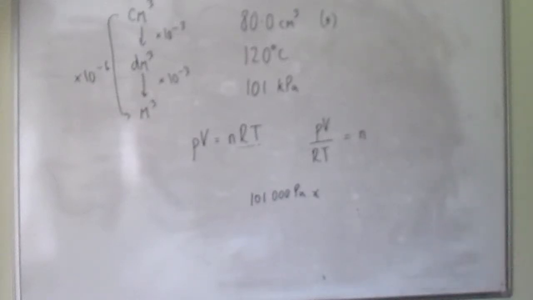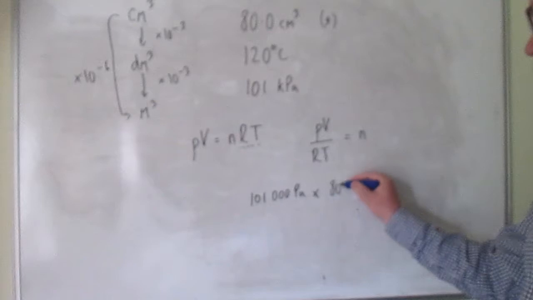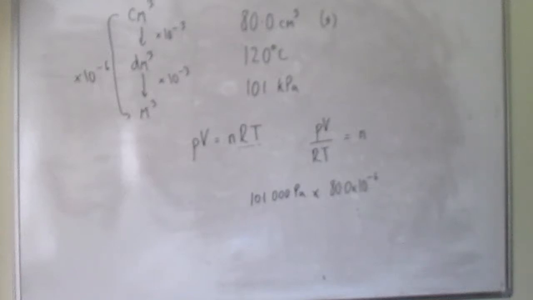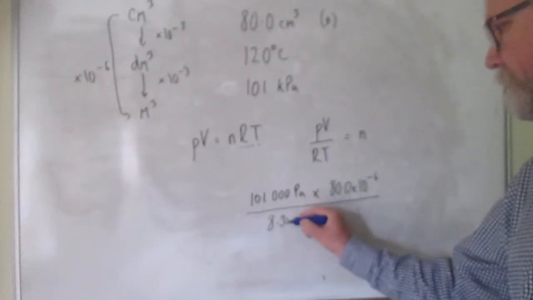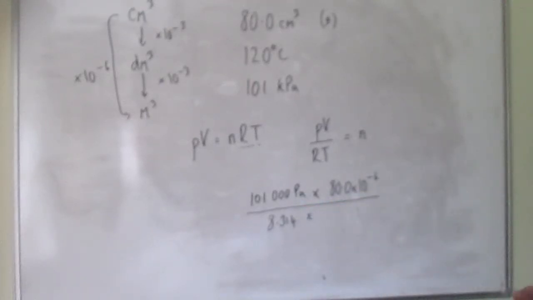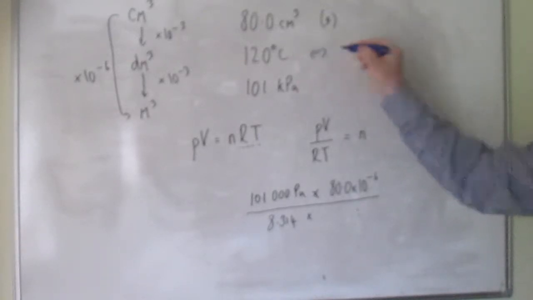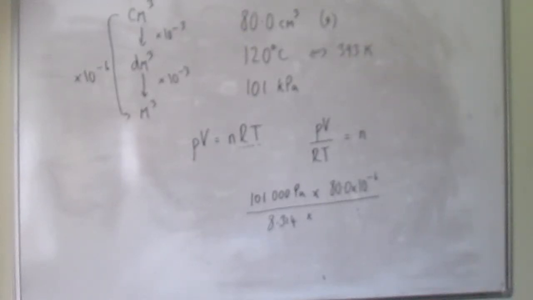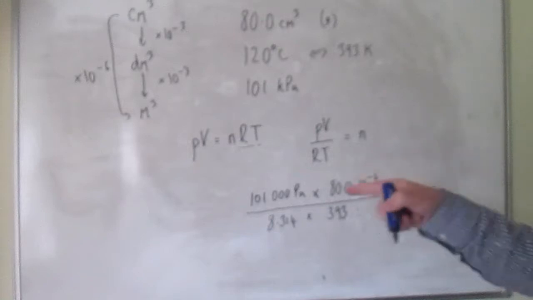This is the only time we use cubic meters in chemistry, but it does come up a lot, so it's an important one to be able to do. So if it's 80.0 cm cubed, it'll be 80.0 times 10 to the minus 6 cubic meters. So that's your top line. R comes from your data sheet, and is 8.314. And T is the temperature, but it's got to be in Kelvin. So 120 degrees C, remember you add 273 to get Kelvin, is 393 Kelvin. So we put 393 on the bottom line there. It's important you write all those numbers out,